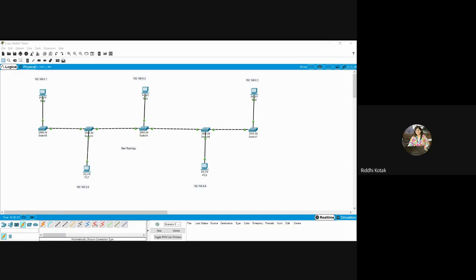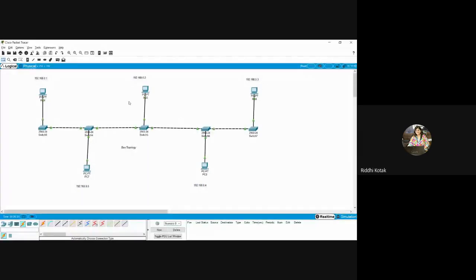Okay. Now we will check through the PDU that it is done or not.